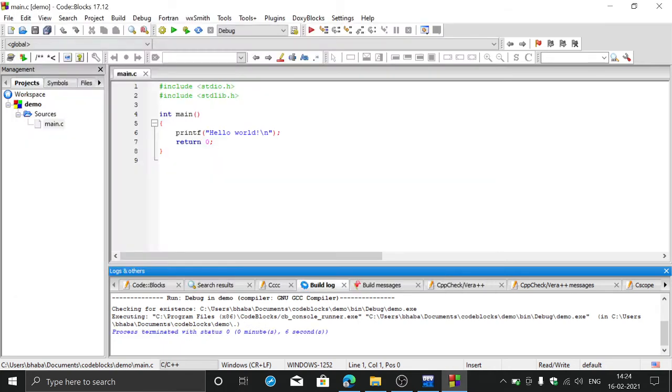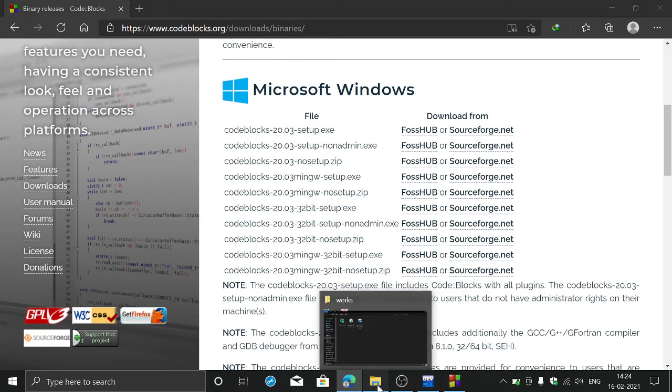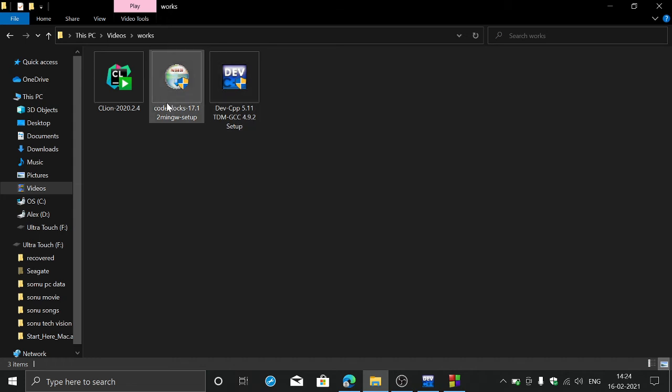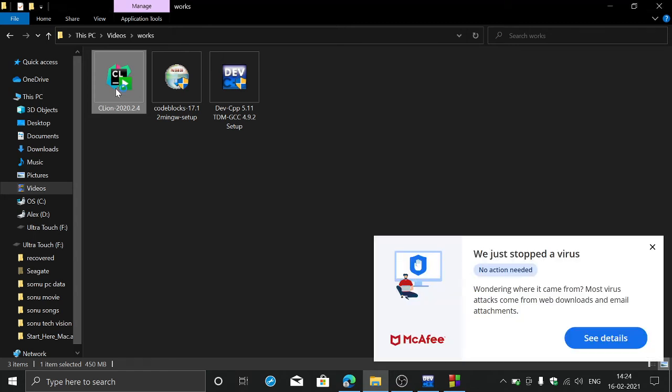Okay, so this is another IDE. Another popular IDE that I want to show you is CLion. As you know, JetBrains is a popular software company that developed PyCharm for Python programming, IntelliJ IDEA for Java programming, and CLion. It is a more convenient and far better way. Let me go to the installation along with you and tell you how this works.